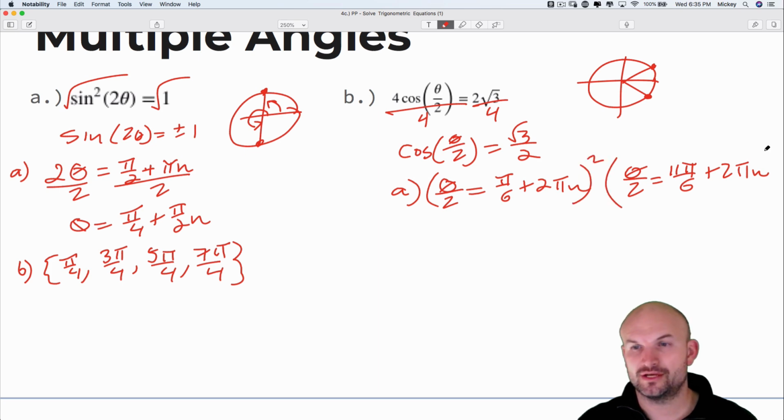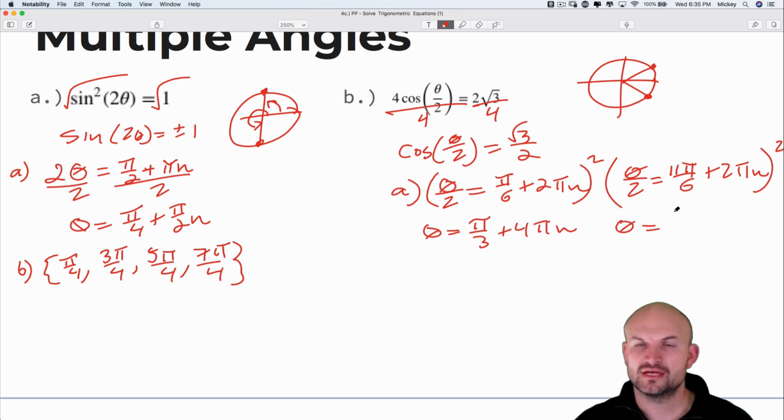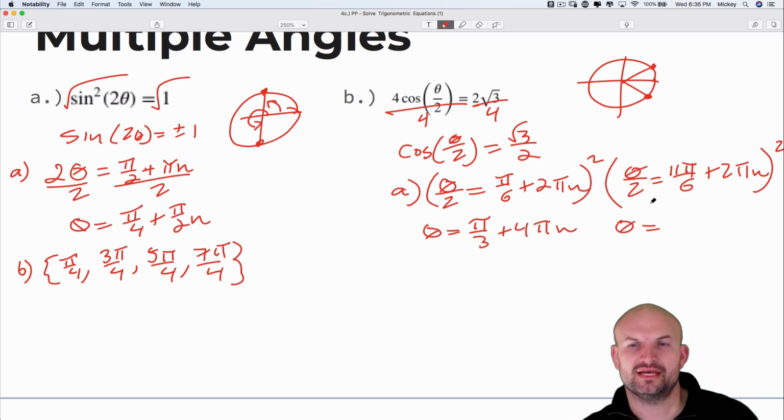And I have to do that over here as well. So when I multiply everything by 2, I get theta equals 2 pi over 6, which is pi over 3, plus 4 pi n. And here I get theta equals, let's see, that's going to be 22 pi over